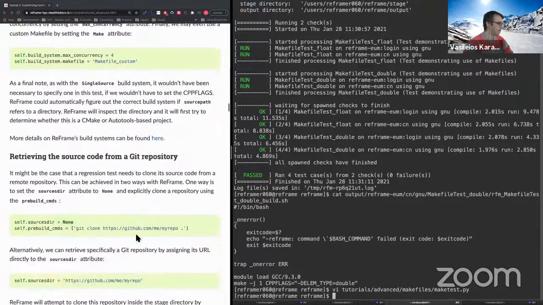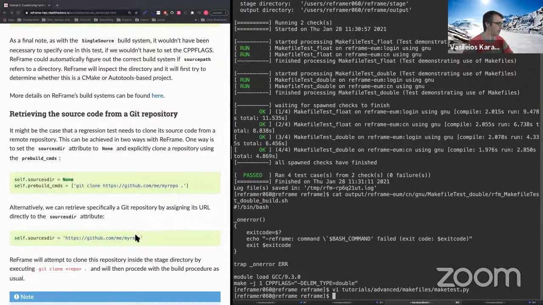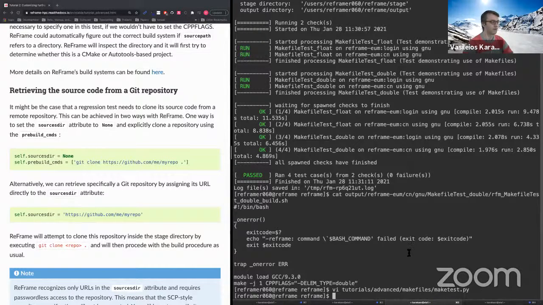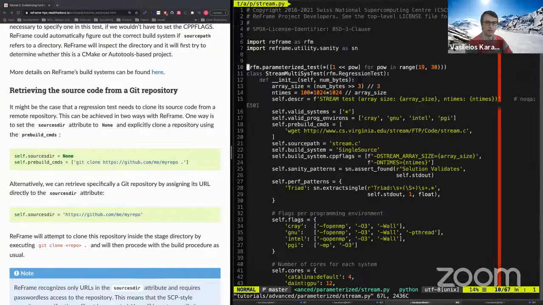And then there is another interesting thing we haven't seen yet. Of course you might need to just clone something. You've seen before, in the stream test, that we